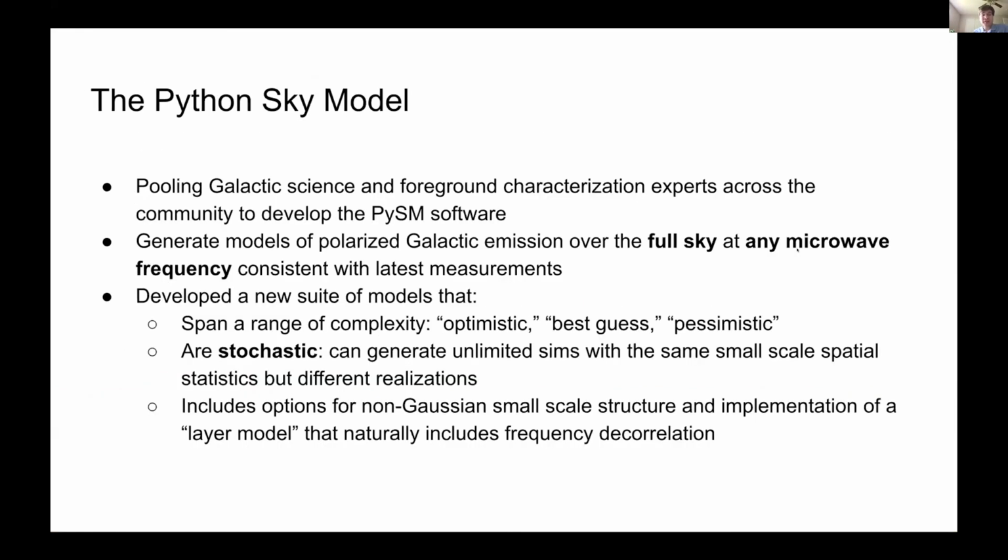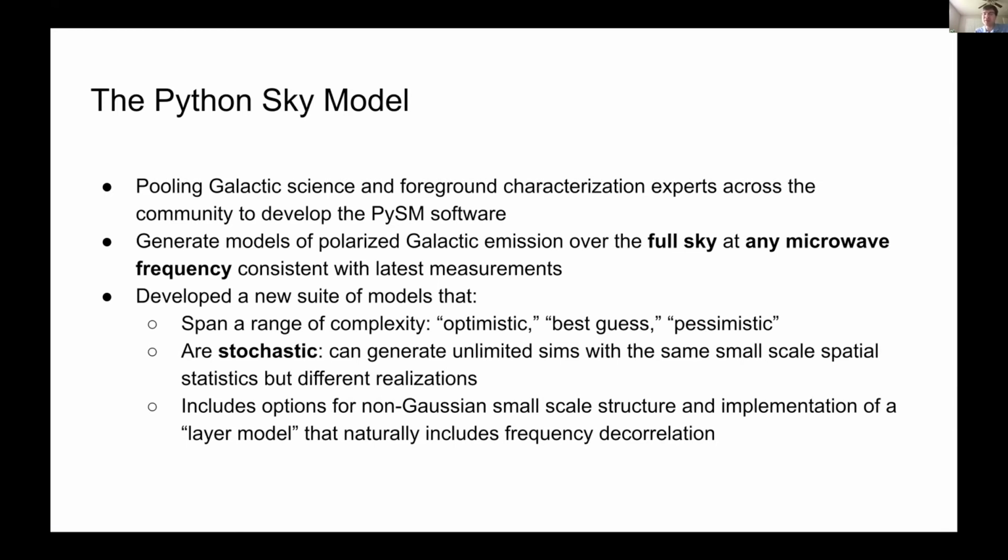Okay, so that's half the time, this journal club. The other half is we've been developing the PySM software. So that's the Python Sky model. And if you're not familiar with this software, it was originally the work of Ben Thorne and collaborators, and Andrea Zonca has since developed it further, and a lot of work from a lot of people have gone into it, building on the legacy of the Planck Sky model as well, to generate mock realizations of galactic emission at any CMB relevant frequency that you would want,